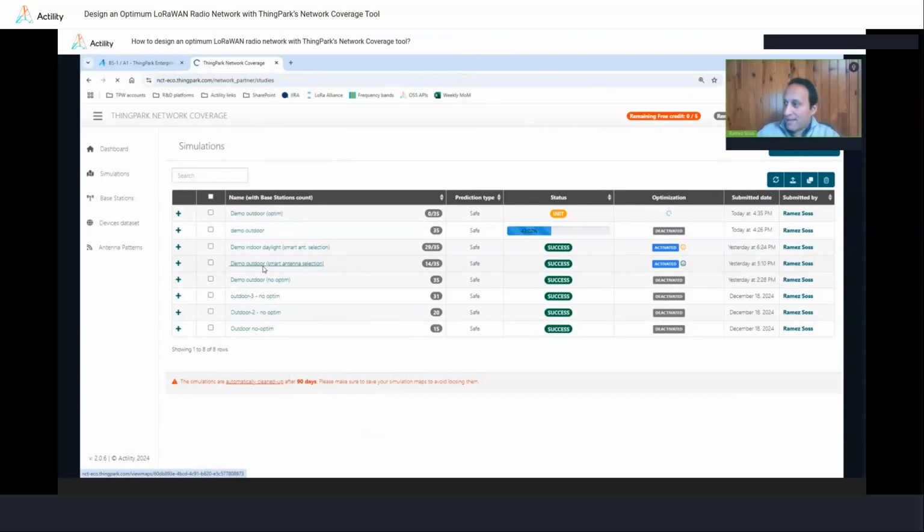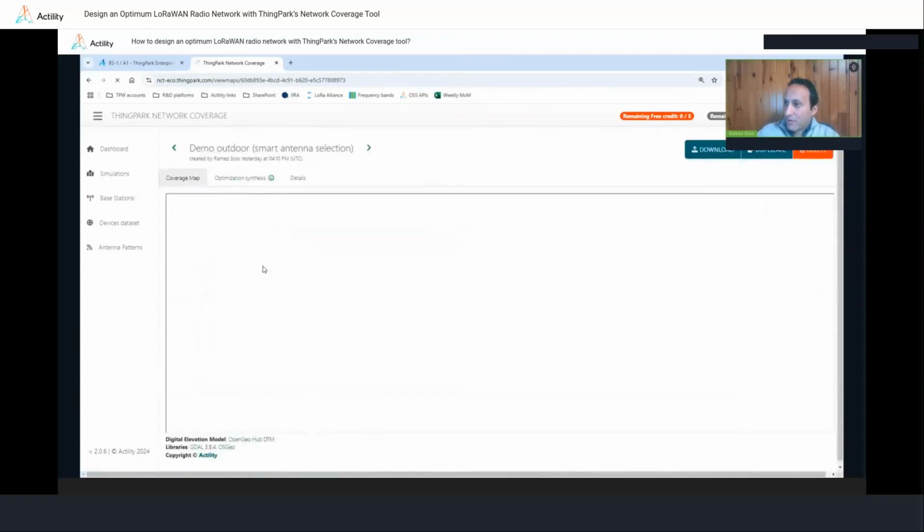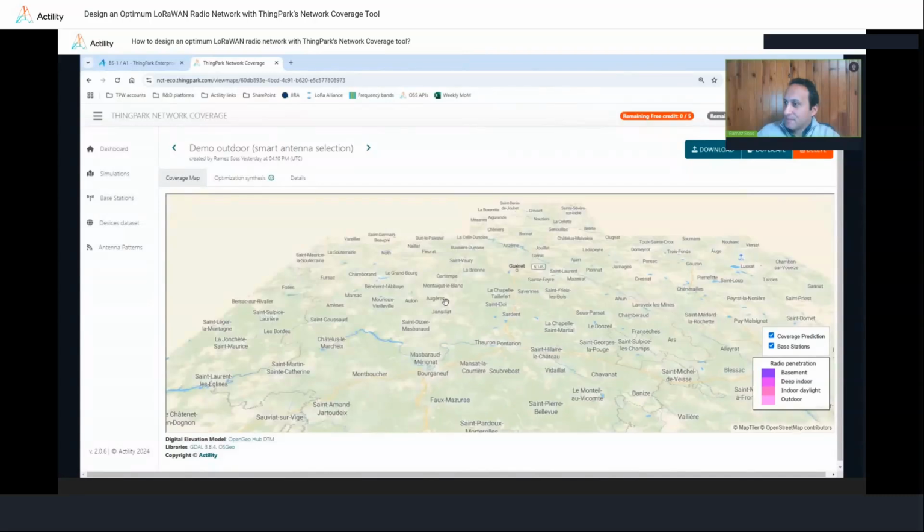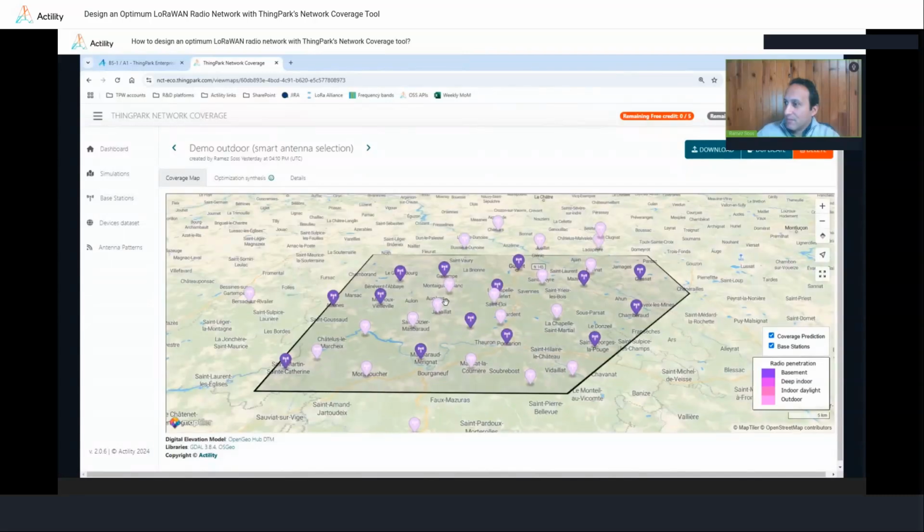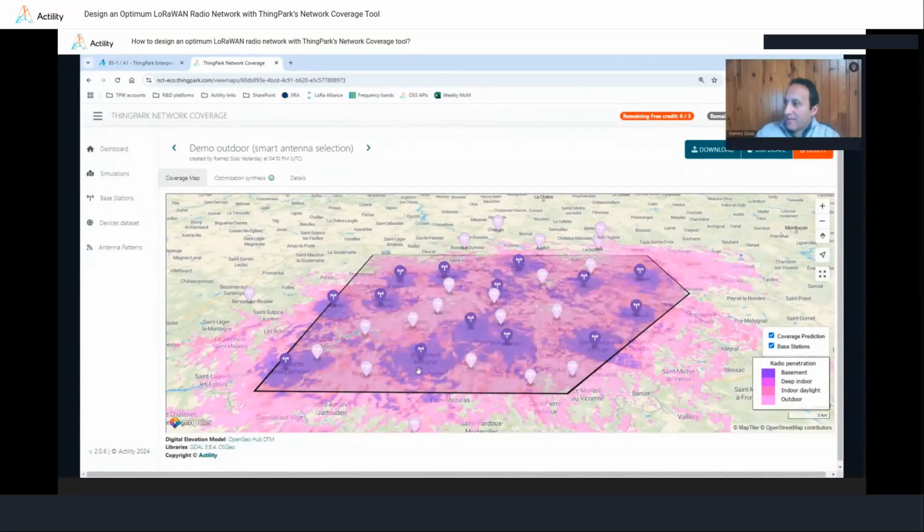If I go into the details here, you can see how it looks. The tool has activated the gateways which are in dark violet, and all the gateways that have been deactivated are the ones that are set here with almost gray or pale violet.